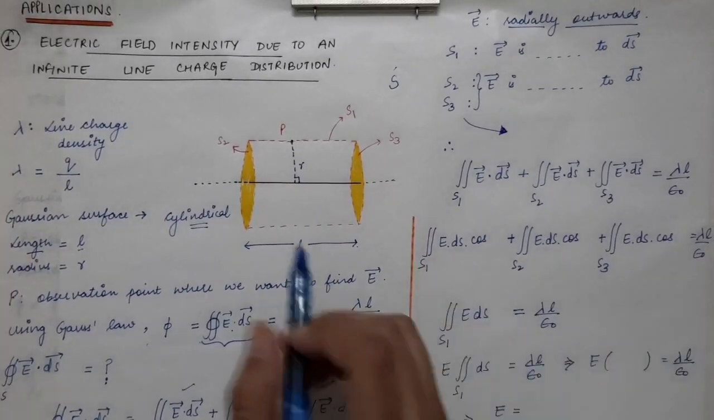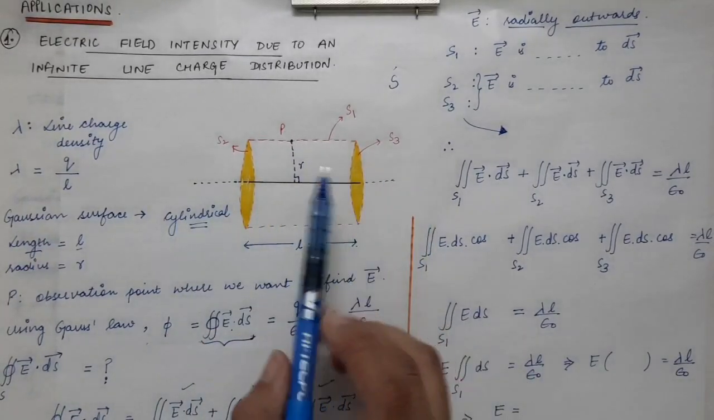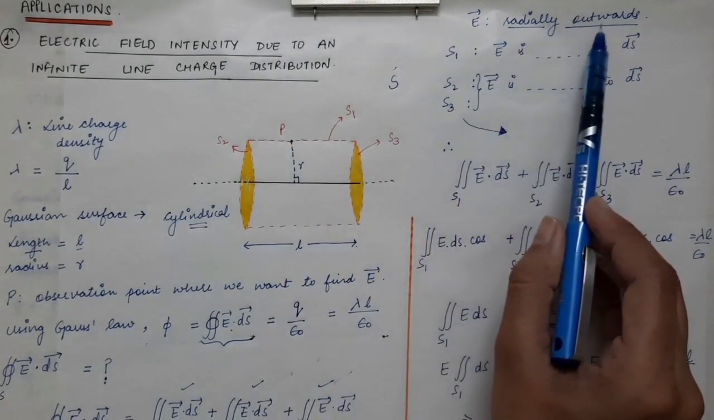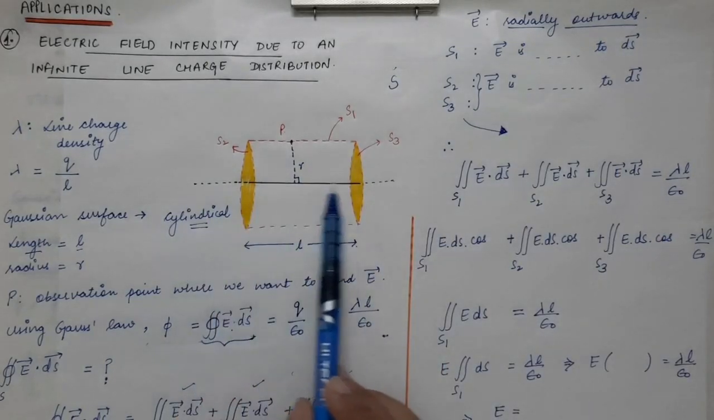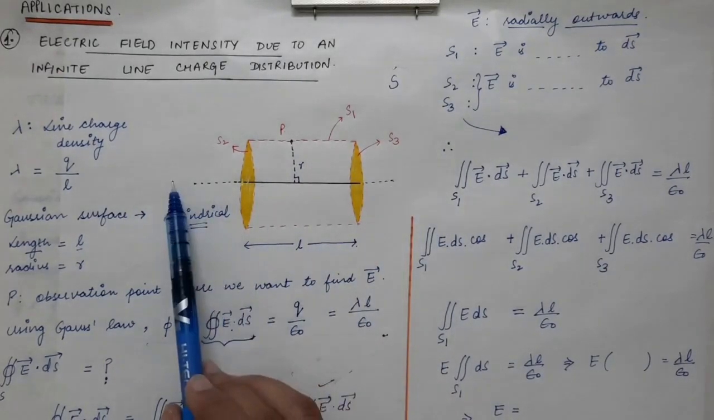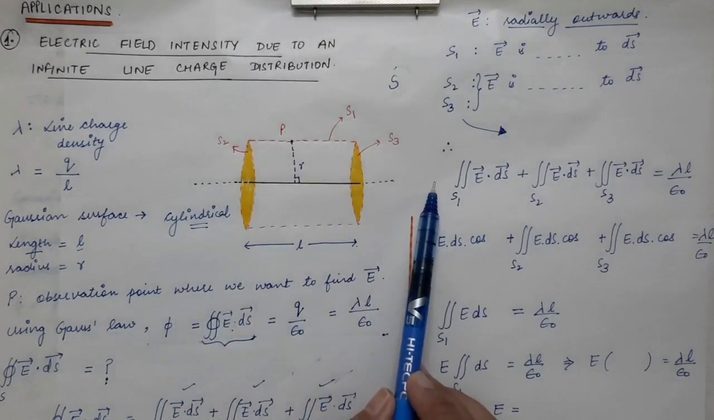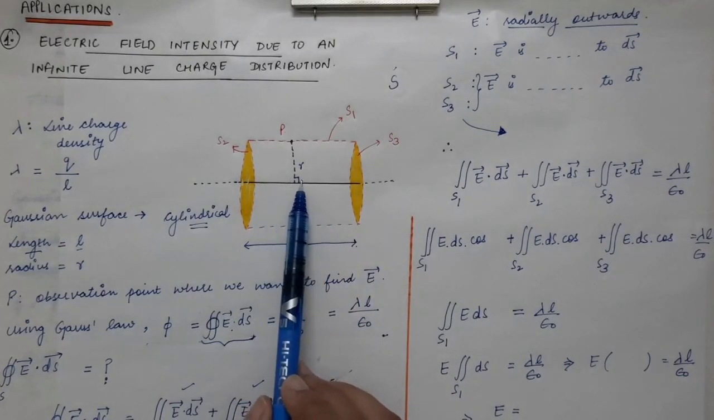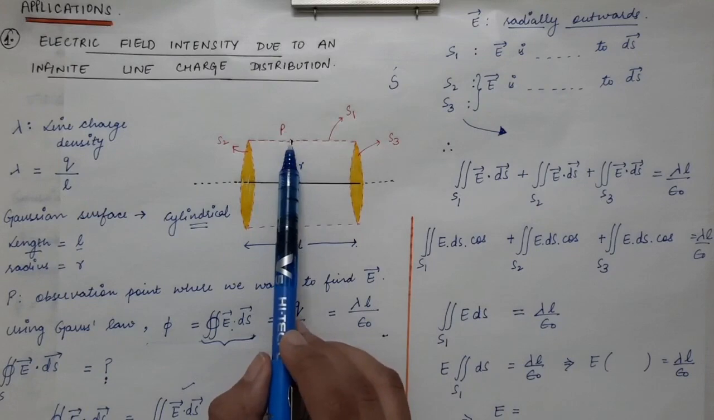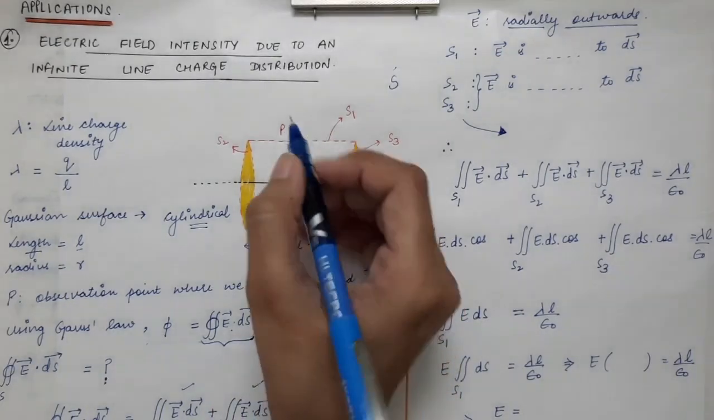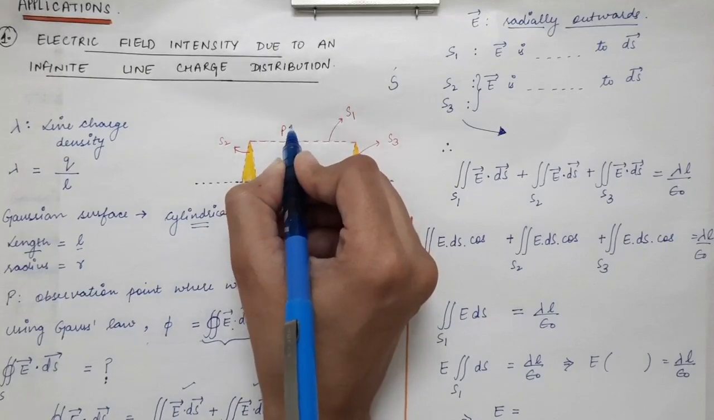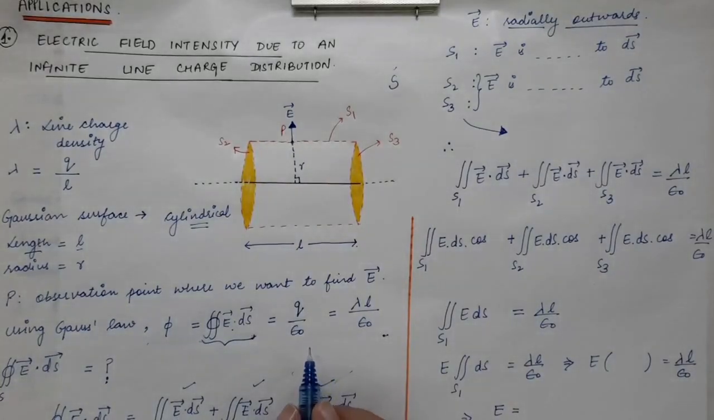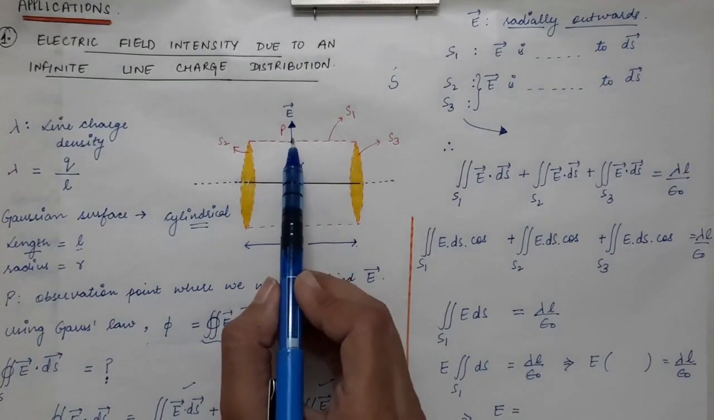In this case we have an infinite line charge distribution. We are supposing that at point P, the electric field intensity is radially outwards. We are considering a positive charge present on this line, so we have a positive line charge density. Due to the positive charges, the electric field at this point P will be radially outwards. So this will be the electric field intensity direction at point P,